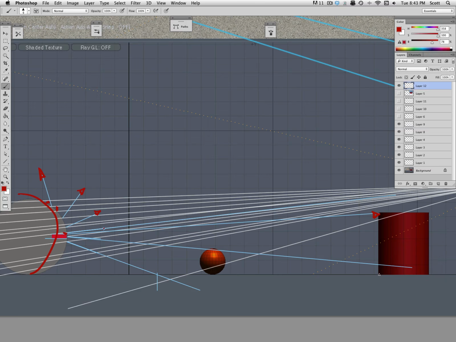Where's the bottom? Well, it looks to be just below this line. So if I go over here, that's just below. That's the height of our cylinder in the reflection. Okay, and then what about the ball? Well, the ball looks to be a little bit, it's right on that line pretty much. So it's going to be a little bit above,